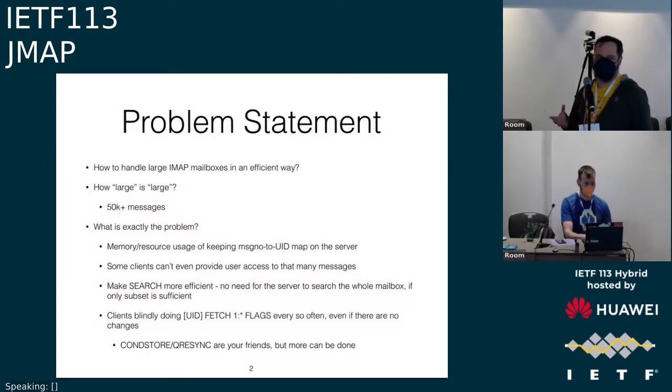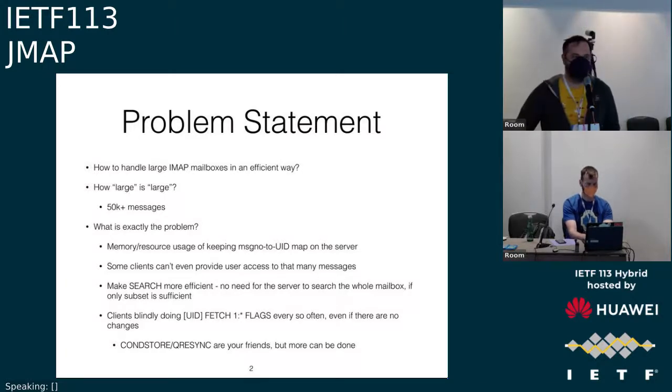A somewhat similar example is with UID fetch. You can have a UID range where you don't necessarily know how many messages are in the range. So again, if my client can only show 10,000 messages, there is no reason to return 100,000 if there are so many in the range. So you can say, just return me the first ones.